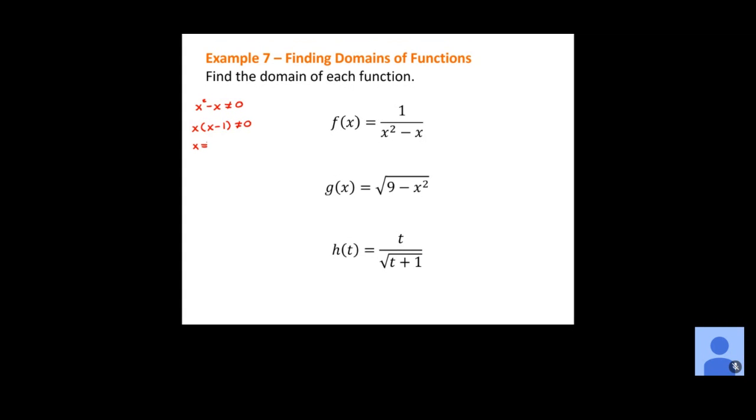So we'll have x is not equal to 0, and x minus 1 is not equal to 0. Well, x is not equal to 0 is already solved. Can't do anything with that. What about the x minus 1 can't be 0? Okay, good. x can't be equal to 1 because we would just add 1 to both sides. And so we get that. Okay, so now we know we have restrictions at 0 and 1.